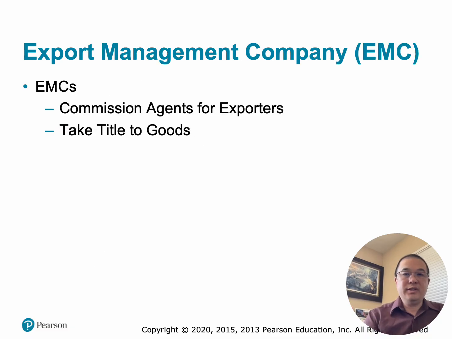This focuses on one specific type of export intermediary, the Export Management Company, or EMC. So what is an export management company? An export management company is an independent firm that helps manufacturers sell products in foreign markets. Think of an EMC as an outsourced international sales and export department. Many small and medium-sized businesses hire EMCs because they lack international sales staff, export expertise, foreign market knowledge, and export logistics capabilities.